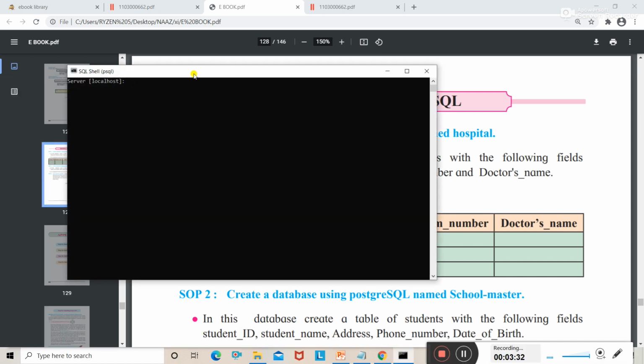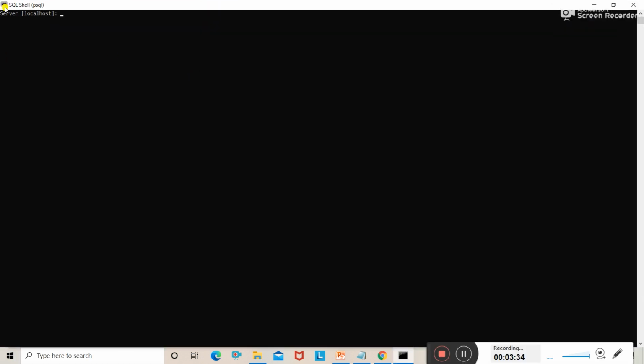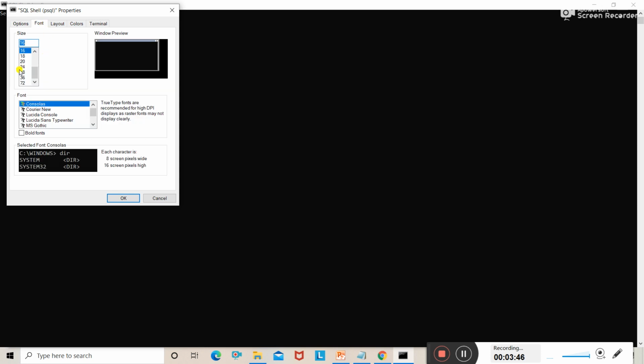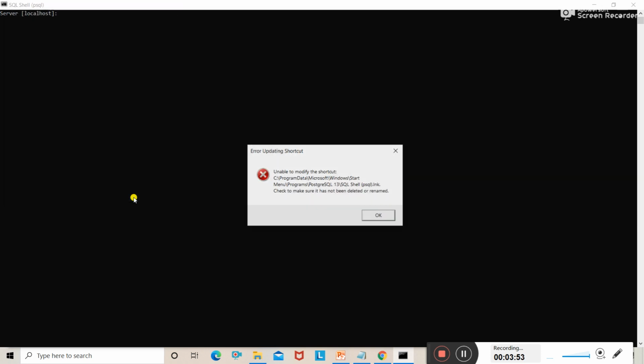In this SQL shell, we will increase the size of the text, the font size, and in bold font.